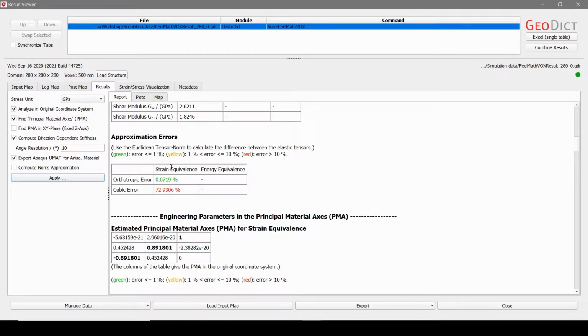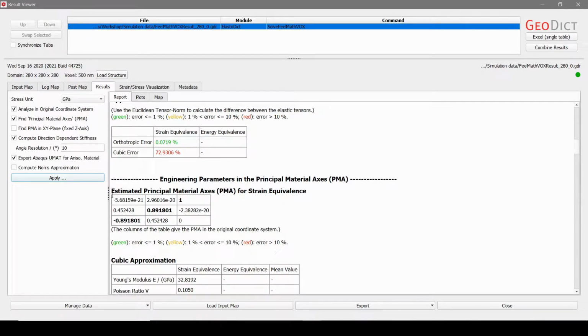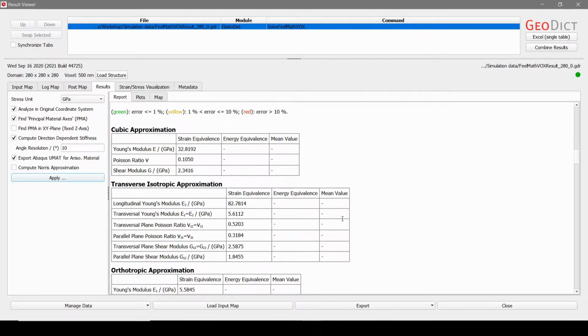Then you get results in the principal material axis. The principal material axis is important if your material has a main direction in itself, so maybe if all fibers were oriented under a certain angle or something like that. So Geodict tells you the principal material axis and also gives you the results in this coordinate system.